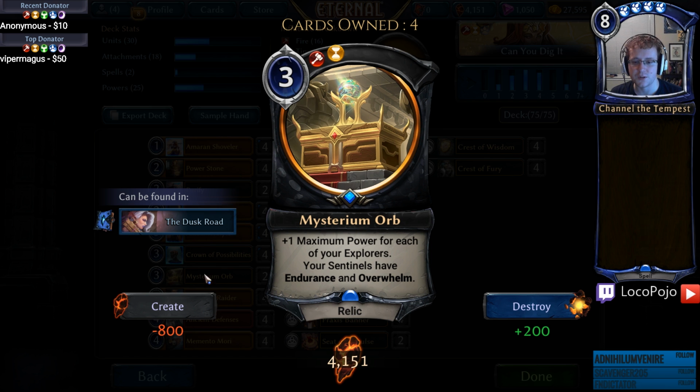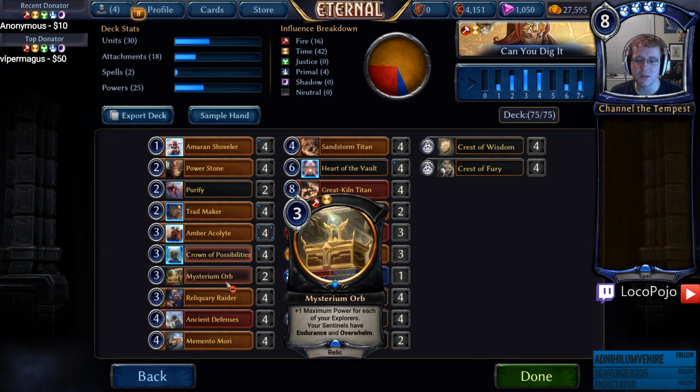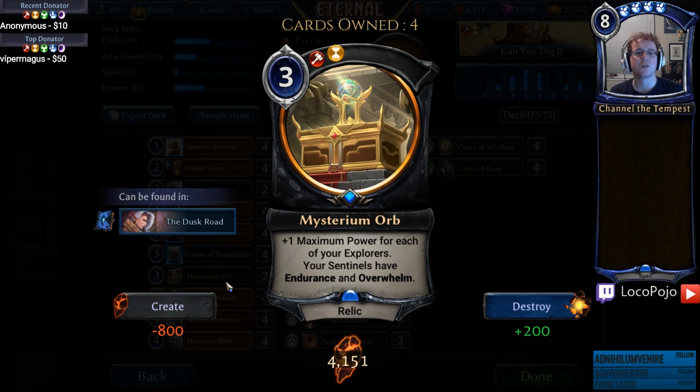to play cards like Heart of the Vault, and then Mysterium Orb gives us a bit of extra maximum power, as well as giving our Sentinels endurance and overwhelm. I don't recommend that this is generally run as a 4 of. If you want to go very, very heavy onto explorers, then Mysterium Orb can be used to generate some really, truly insane boards. But in general, what I've been trying to do is focus down on a more relic-oriented strategy